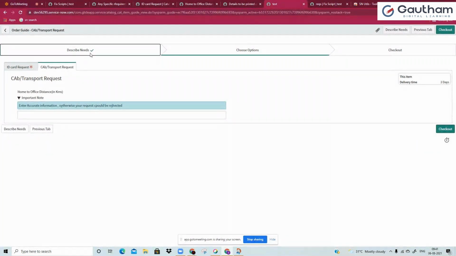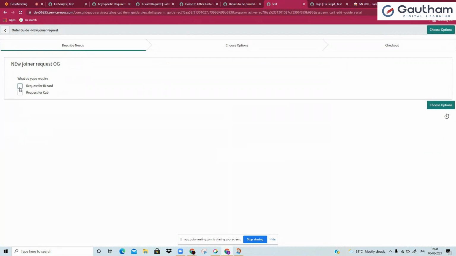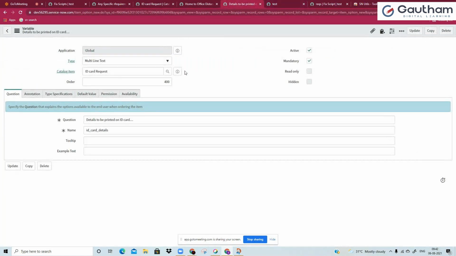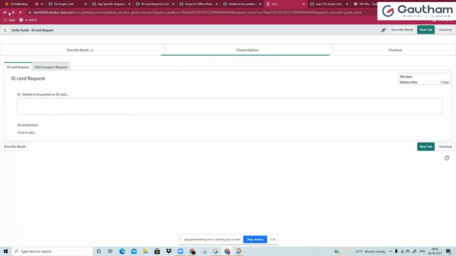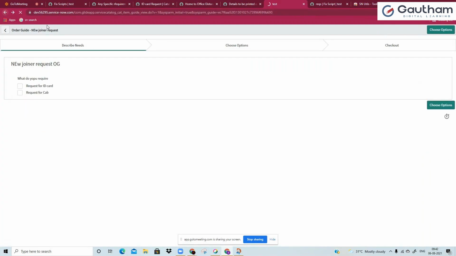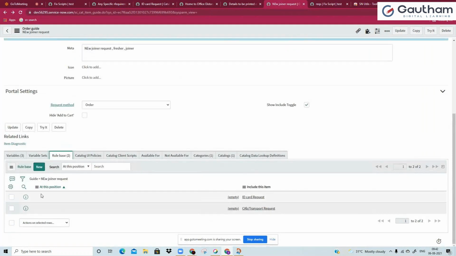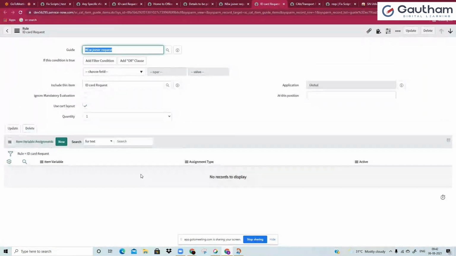But I don't want it like this. I want it only when this checkbox is checked. I want my ID card request to be shown, and when cab is checked, I want this one to be shown. I don't want it to be shown all the time. So how do I do that? It is important for me to define it properly in my rule base. If you look at my two rule bases, I did not give any condition. So I've said that without any condition, just show this item. So instead of that, what I'm gonna do is,